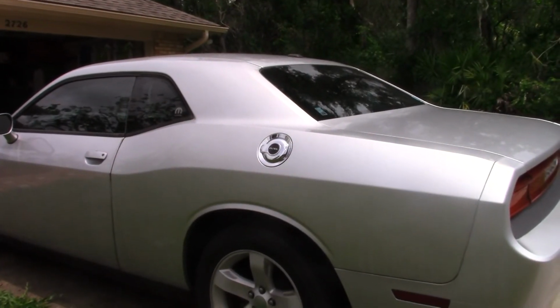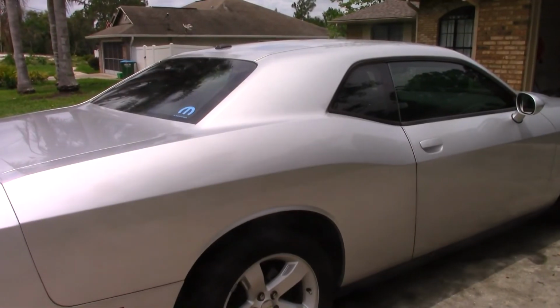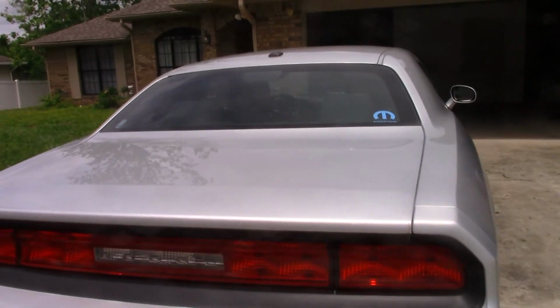The only other really bad complaint I have about this car is because of the styling of the car, these huge massive pillars on the back on either side that make the car look as good as it does, and the relatively tiny back window make it really a pain in the butt to back up. I don't have a backup camera on mine, but I'm sure that's something you definitely want to add if you're considering buying a Challenger. It's really hard to see what you're doing when you're backing up,